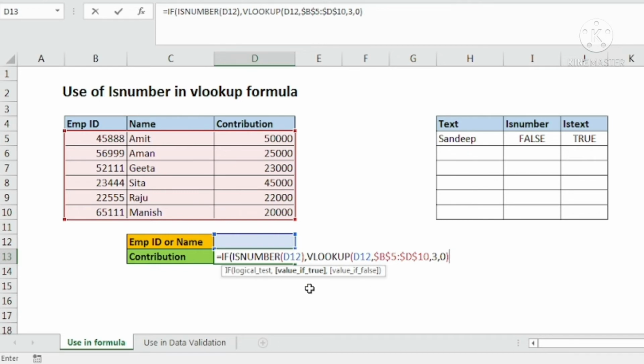And what have we done now in the IF function? We have completed till the VLOOKUP formula. If this condition is true, if ISNUMBER is true, use this VLOOKUP, comma.